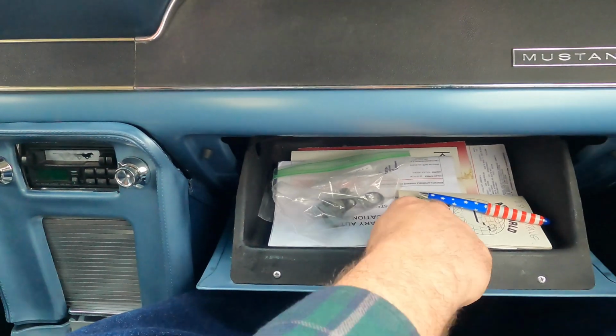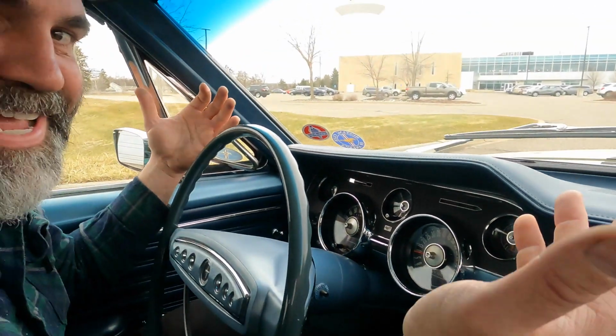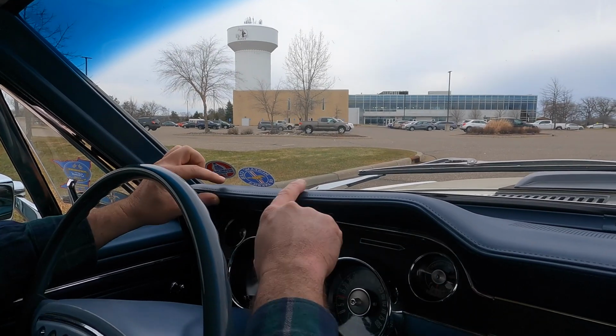I wish I wouldn't have done that. Come on, baby. There we go. Fixed. It's fixed. Look at this dash now. It's a little drooping because of the sun. But notice how it has these twin